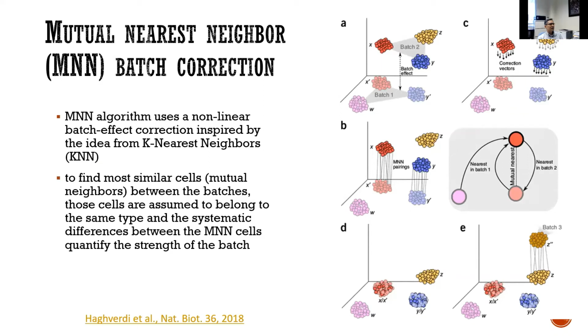So I will briefly mention what the mutual nearest neighbor algorithm for batch effects correction is. As I mentioned, it's published recently in Nature Biotechnology. It's based on the idea of KNN. We are going to describe KNN, it's a very easy, simple concept. It's based on the distance between data points, and you find the number k, defined by k nearest neighbors, and make connections between these